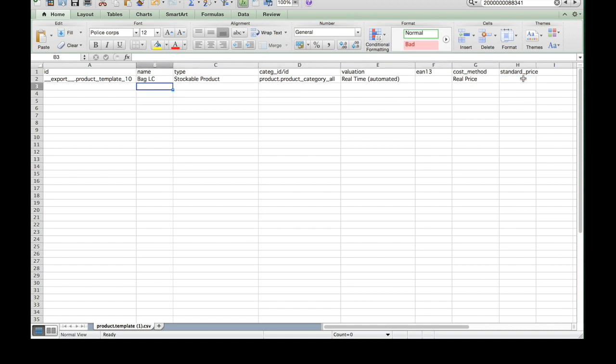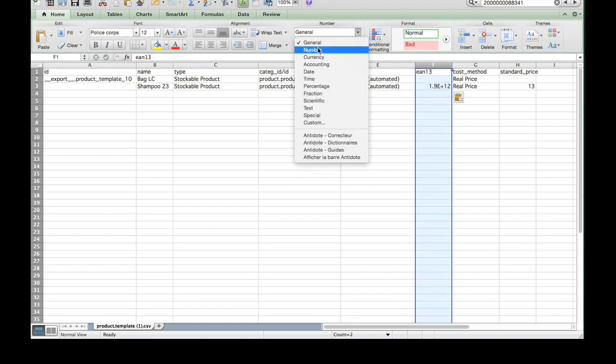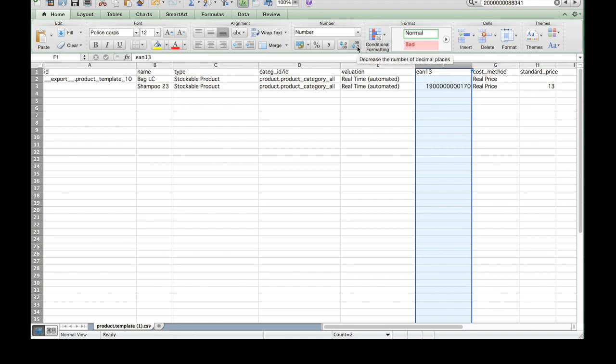Let's say I have shampoo 23. The type of product is also a stockable product. The category is also the same category, and everything is the same, but I already have a standard price. It's going to be £12, and I have an EAN number. And this is my EAN number. In Excel, you need to put this as general, and you take away the decimals. So I have my shampoo,